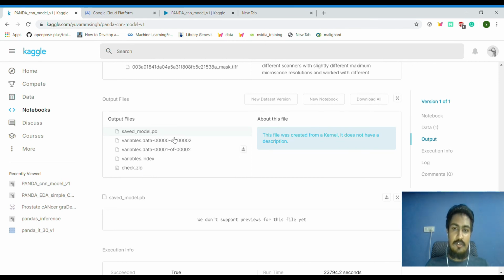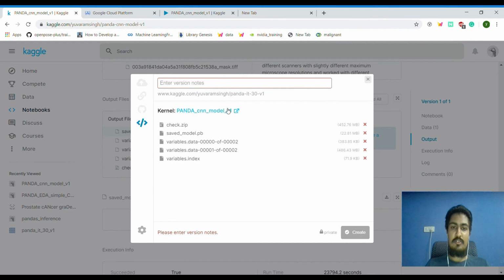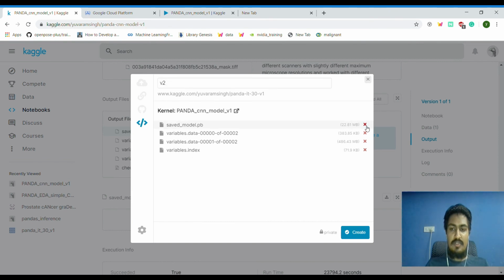What I'm going to do is click new dataset and then new dataset version. For you it will be different, you will see create new dataset or something, because I already made a dataset out of it. Here you can see Panda IT 31v1. Give it a new version name, and then select the appropriate files.